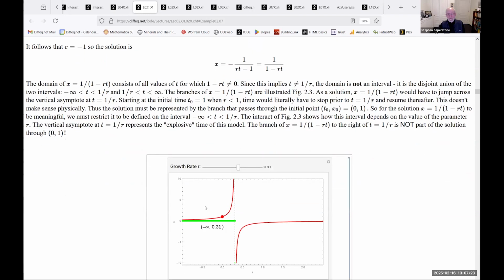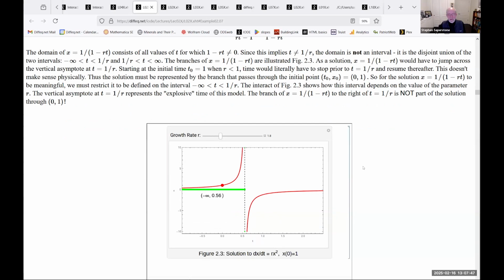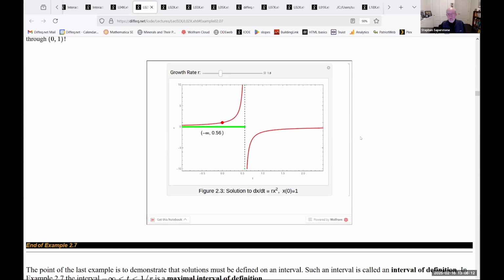And you see, as you move the slider back and forth along here, it'll move the vertical asymptote, which changes the length of the interval of definition, which is what I was trying to show off here. The problem with this new version of the Interacts is that they're not computed on your desktop like the Wolfram Player did. What happens here is that I've had to take all my notebooks, move them up to the Wolfram Cloud, export what's called a cloud embed file down to my desktop, and put that in the code for the